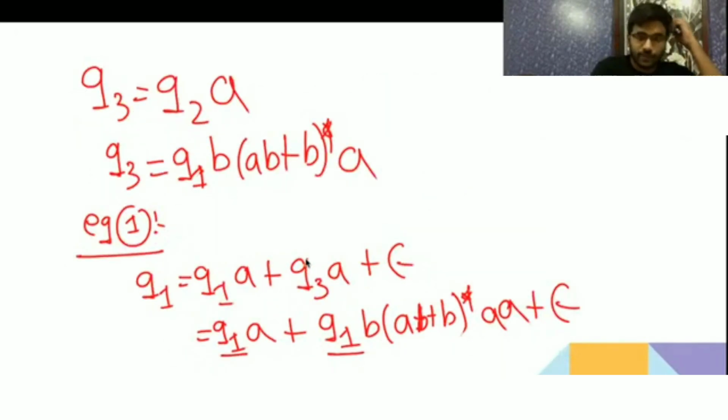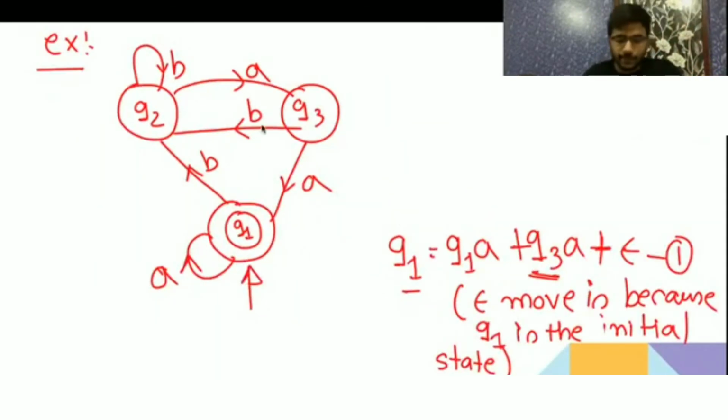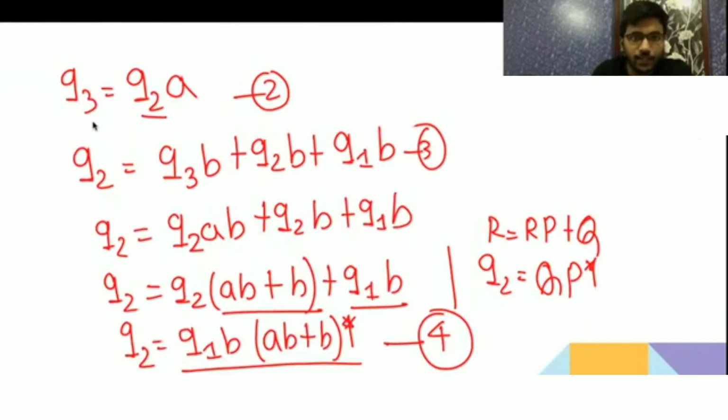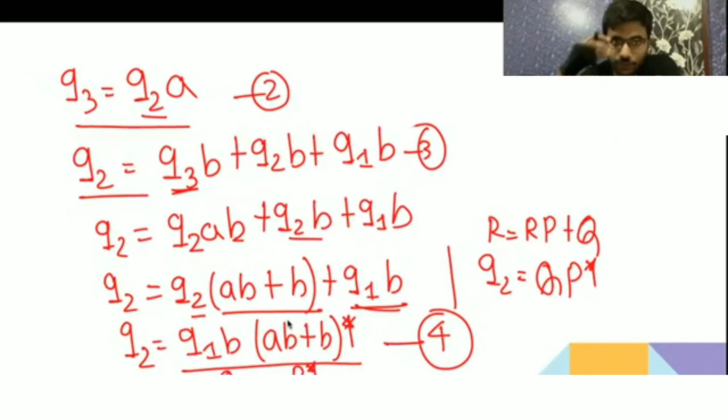ठीक है। चलिए मैं एक बार देख लीजिए आप लोग शुरू से। देखिए ये था, तो हमने Q1 पता किए। Q1 इक्वल टू ये आया, एप्सिलॉन मूव क्यों दिए। फिर Q2 पता किए, Q3 पता किए, फिर Q2 को हम सॉल्व करने लगे। Q2 को जब सॉल्व करने लगे तो Q3 की जगह हम ये लिख दिए Q2 a, फिर b। तो Q2 को कॉमन ले लिए, फिर ab प्लस b लिख दिए, फिर Q1 b लिख, हाँ a मिस हो गया था। तो ये क्या था, r इक्वल टू आर पी प्लस क्यू, तो ये QP स्टार हो गया। तो Q हमारा ये हो गया, ये P स्टार हो गया।